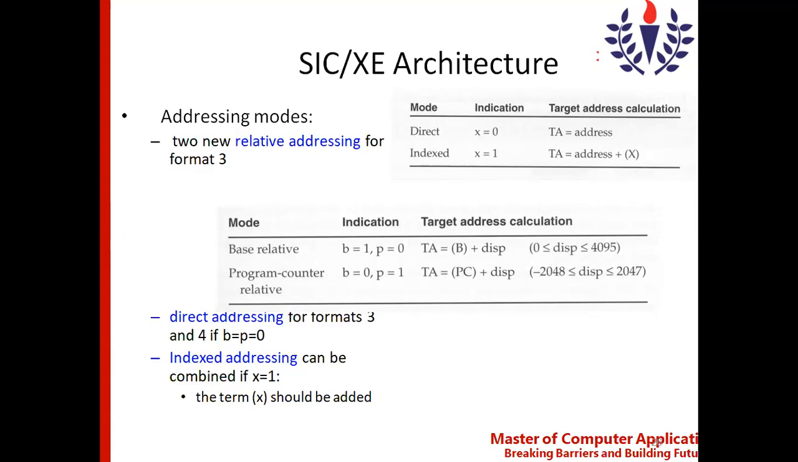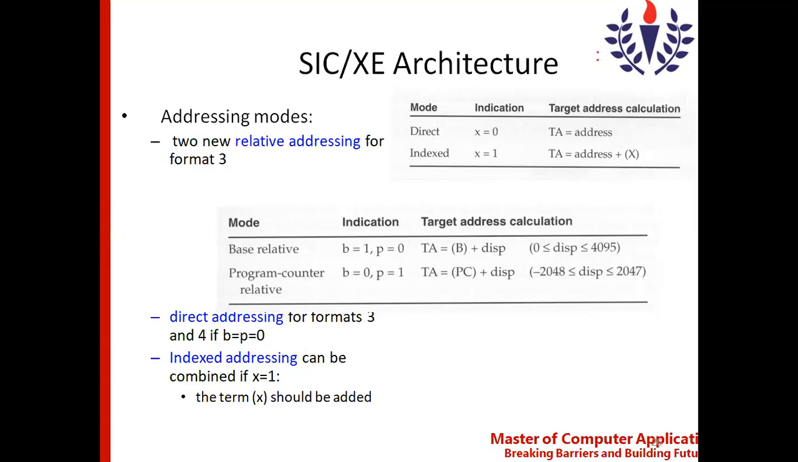And apart from this, we have the relative addressing mode. There are two different types of relative addressing mode for format 3. One is base relative and the other one is program counter relative addressing mode. If you look at the base relative addressing mode, how do we calculate the target address? TA is equal to base plus displacement. Here B represents the base register, so it is the content of the base register plus